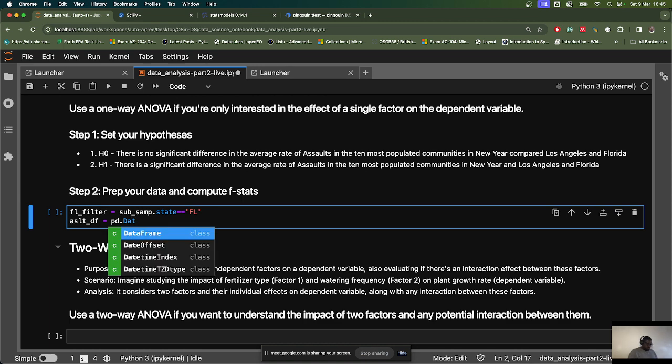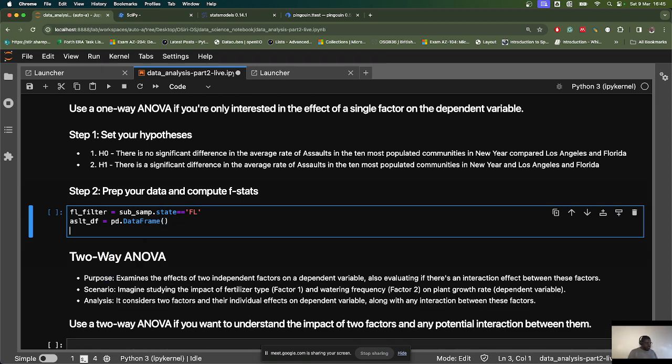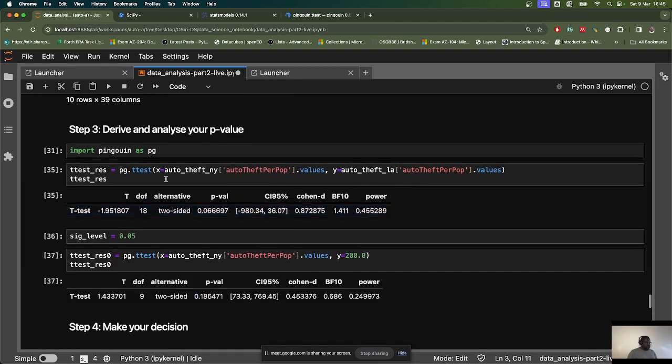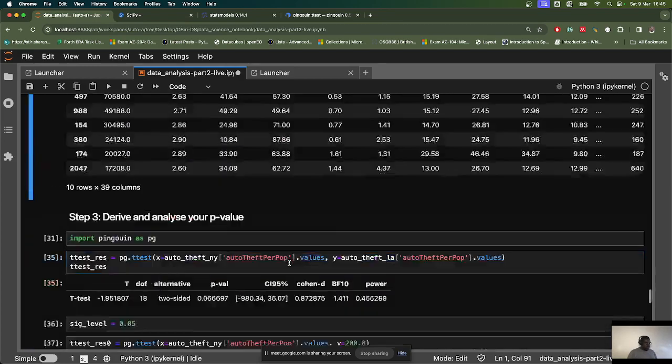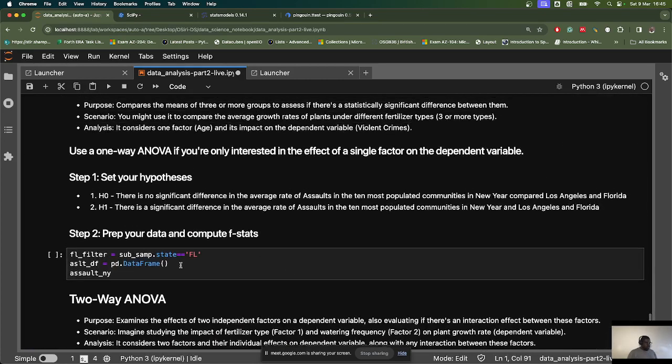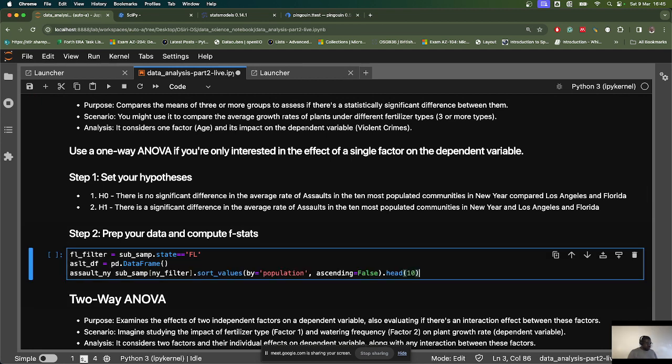So we'll create an empty data frame, and then create an assault NY, which will not be too different from what we're doing over here. We can take this whole thing again and bring it here, but the only difference is that we will be looking at